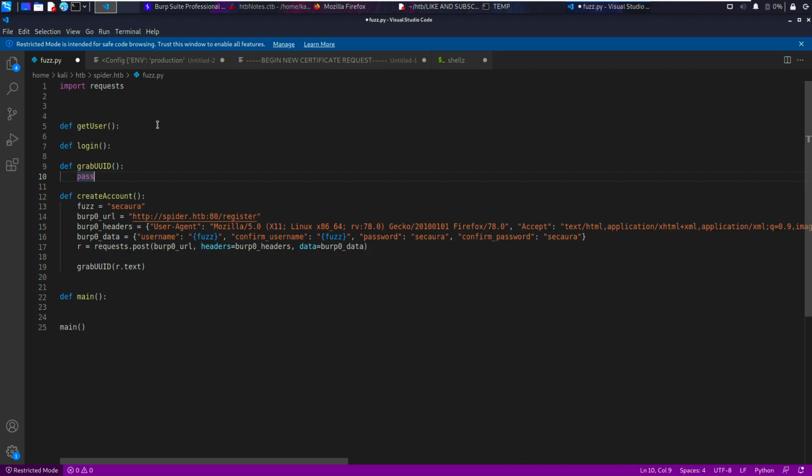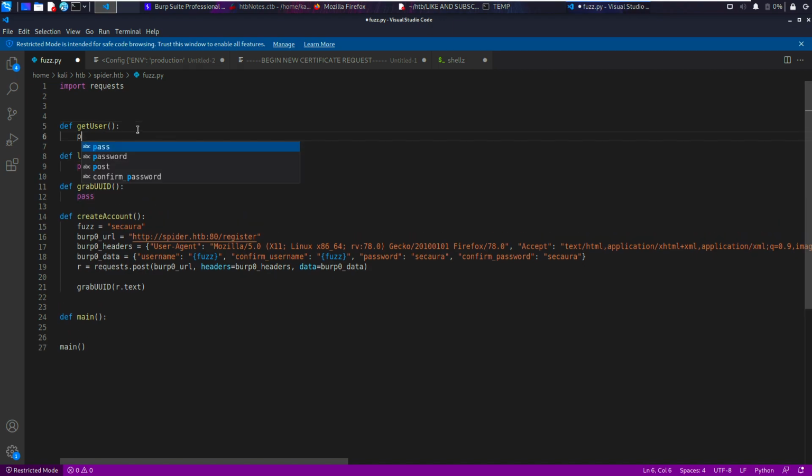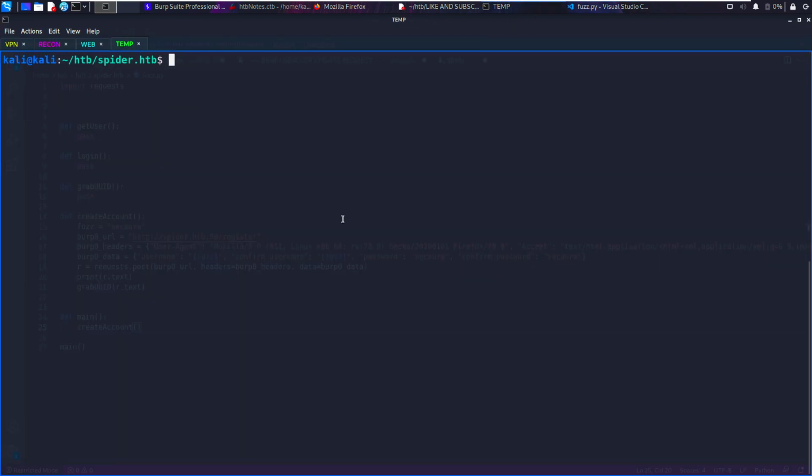And I'm going to just demo how that's working. The reason I've written these functions out by hand, first of all, is so that you can see my thought process as to how I'm going to build it out. I'm going to just print r.text so you can see what happens. We need to call the function, create account, and have a go. So Python